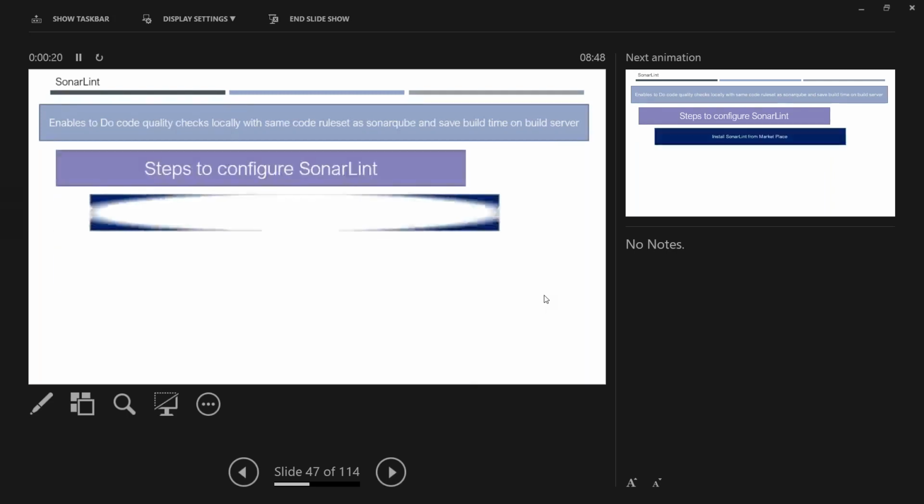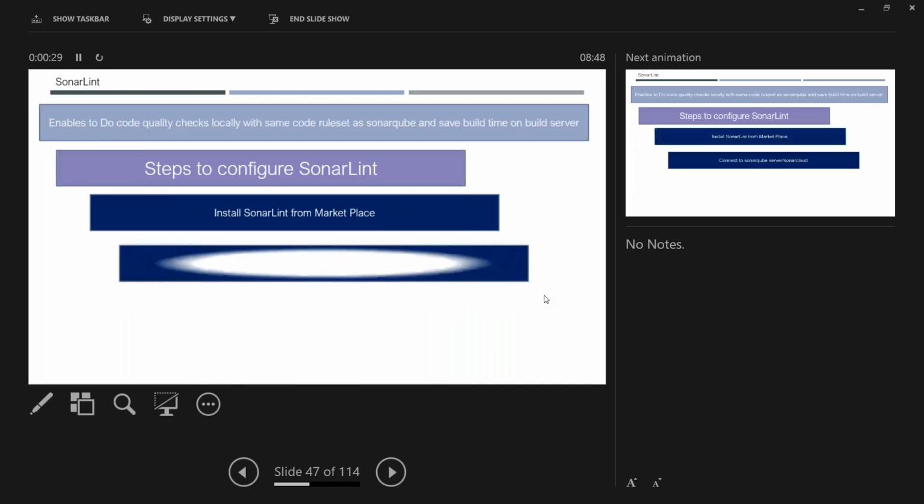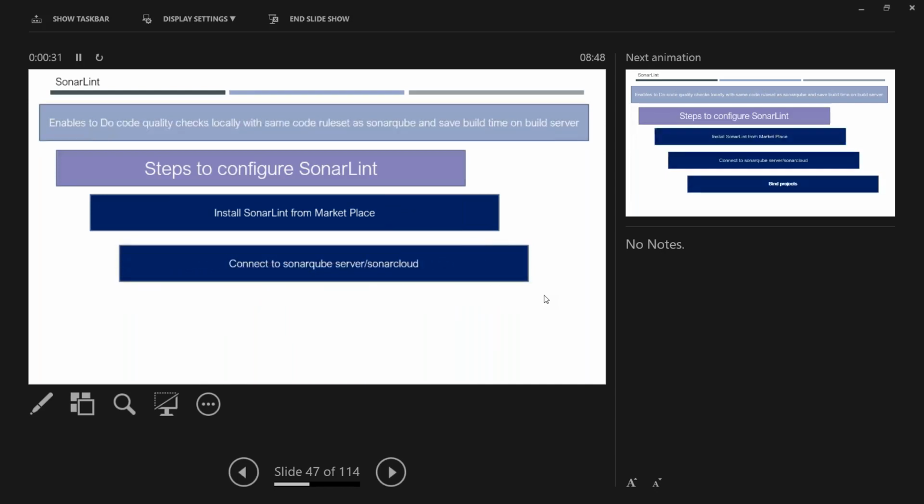Okay, it's very easy. You just need to install it from the marketplace, or you would say extensions, in your Visual Studio. This is similar to any other plugin. As I told you, we will use the same code rule set that is available on SonarQube, which my build pipeline is using, so that everything is in sync.